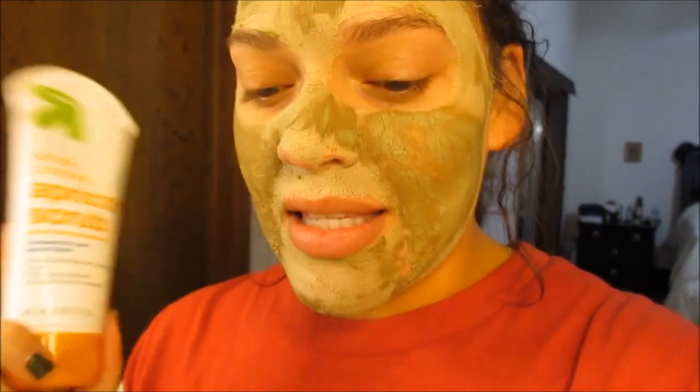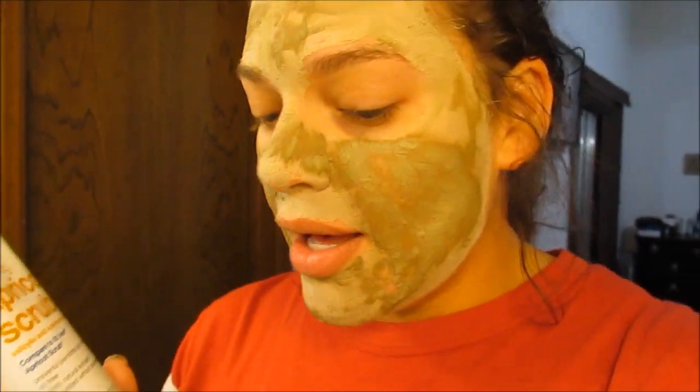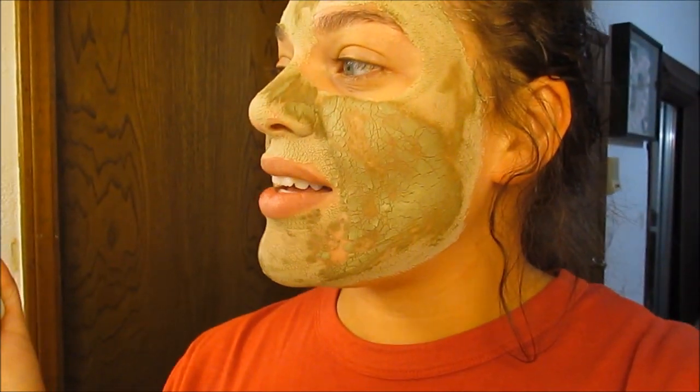So I use this, and this is one of the only physical exfoliants that I use. And in the shower, normally I use that on days that I wear makeup. So on days that I wear makeup, I use the makeup melt, the physical exfoliant, and then I go in and actually wash my face with this, the knockoff brand to the CeraVe foaming facial cleanser, and I like this one